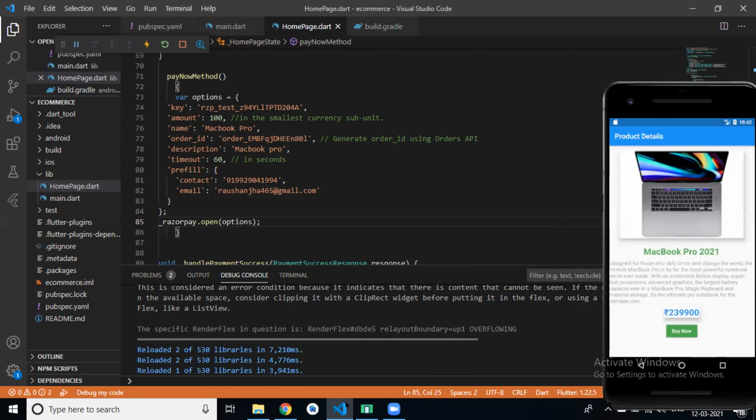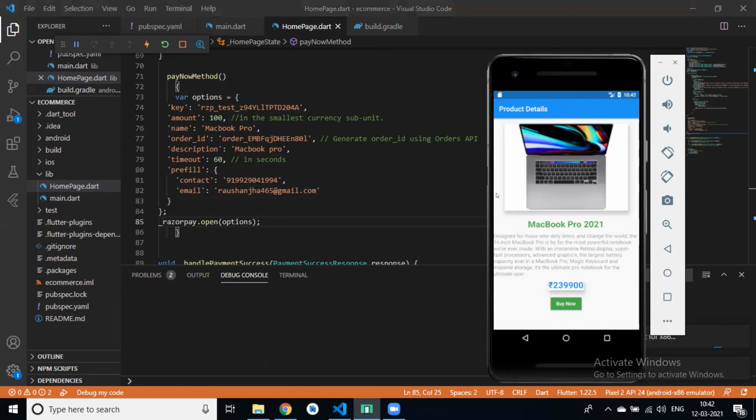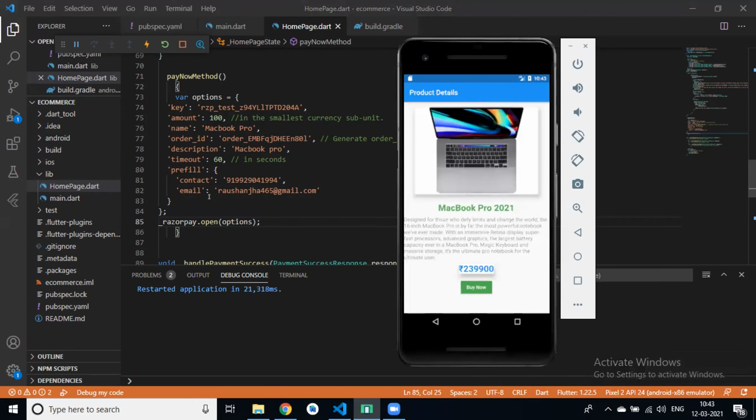And if I hot reload this and click on buy now, is our application hot reloaded?